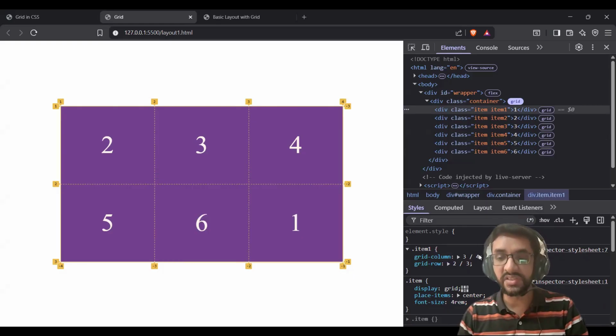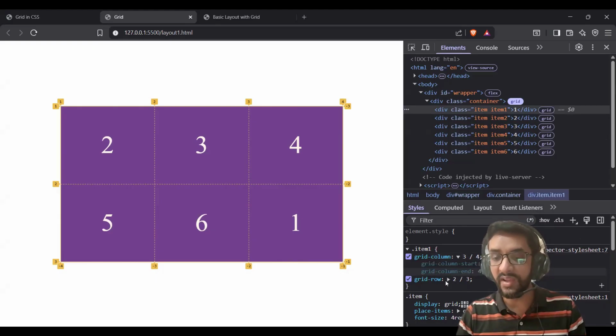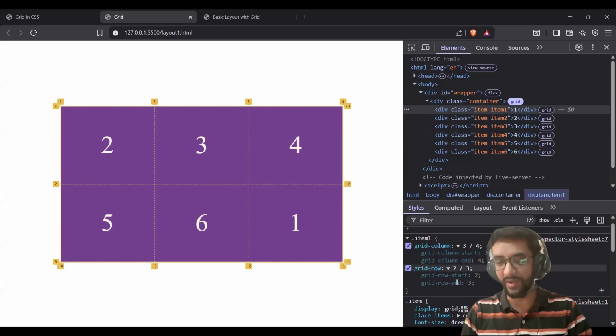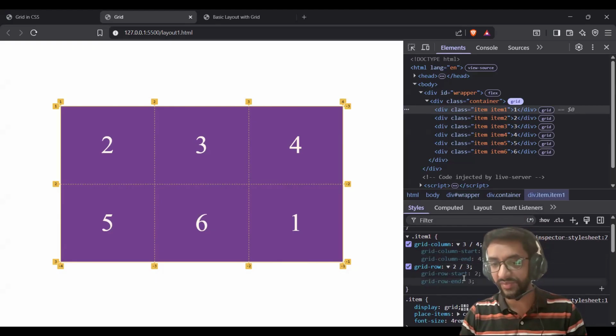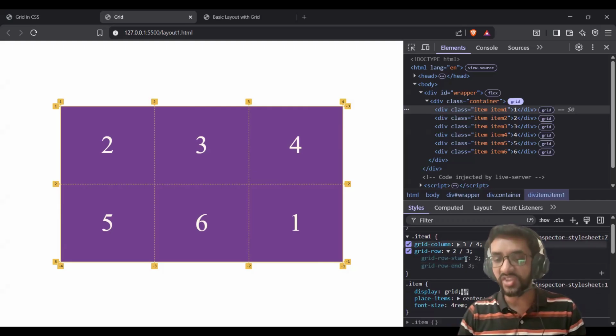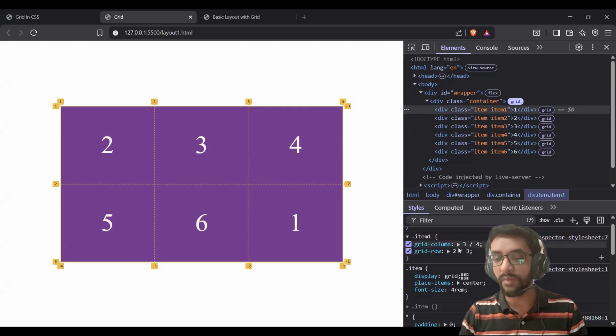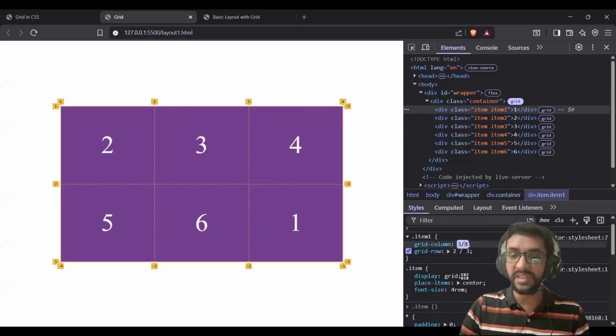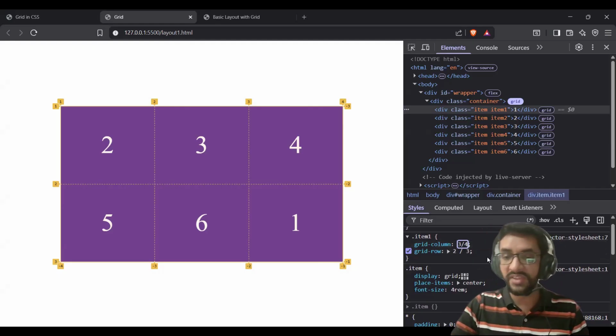In such cases, the value of grid-column-end and grid-row-end has to change. Instead of having a positive value, because we do not know if the column ends at 4 or the row ends at 3, we keep the start value as is and we say